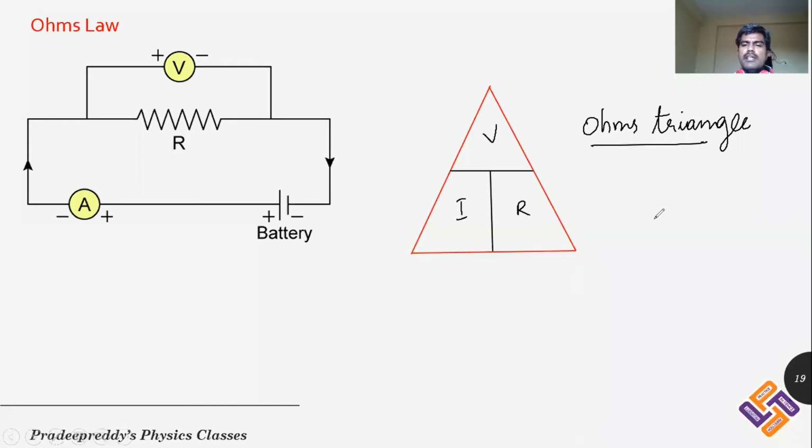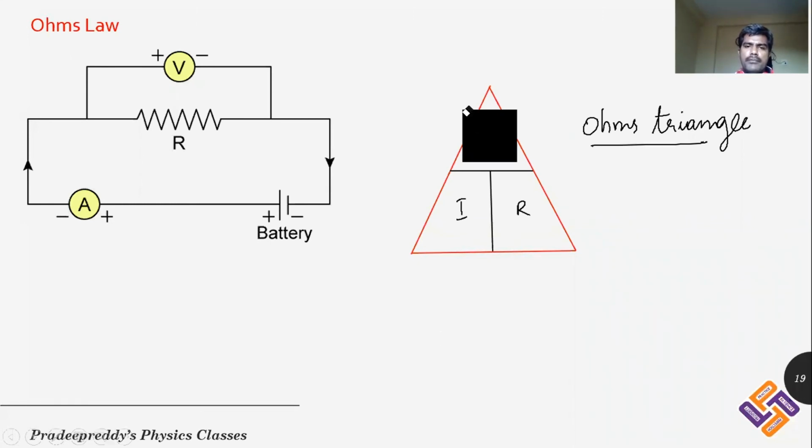Ohm's triangle gives the relation between voltage, current and resistance. Now what is the significance of this Ohm's triangle? Suppose you want to write down the equation for voltage, then close voltage. Simply you will be closing the voltage parameter, so that the remaining thing is equal to voltage. Now see, you are closing this voltage. What is left over there? You are left with IR. Therefore voltage V is equal to IR.